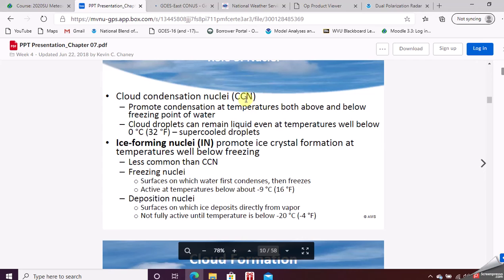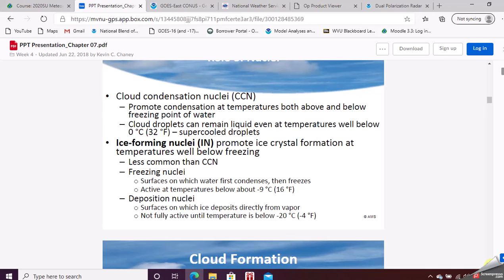We talk about cloud condensation nuclei. Well, there's also ice-forming nuclei. These ice-forming nuclei are very similar to cloud condensation nuclei in their makeup, a little bit different chemically, but they allow the water to freeze. And it usually starts freezing around minus 9 degrees Celsius.